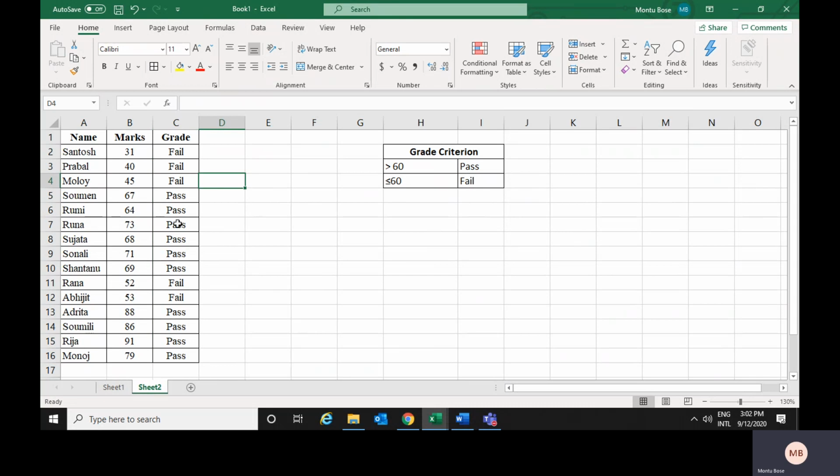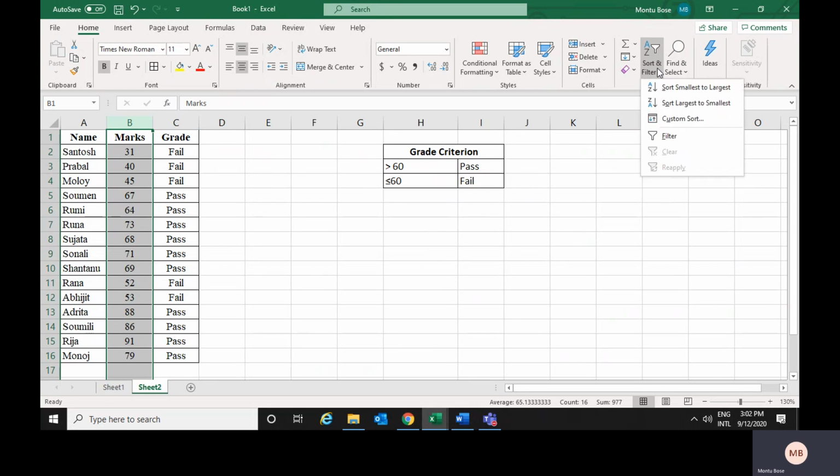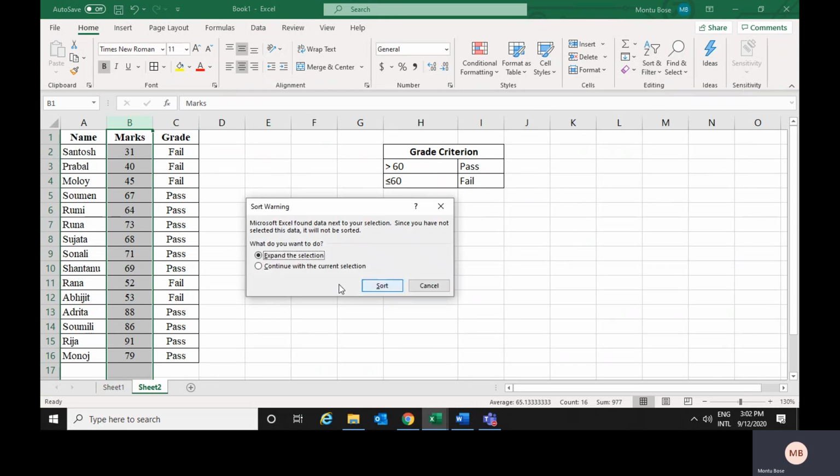To cross validate, you could click over marks and come to this sort, and click on sort smallest to largest. It would ask to expand the selection.